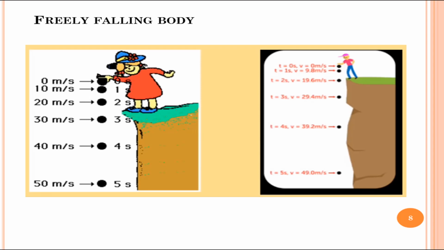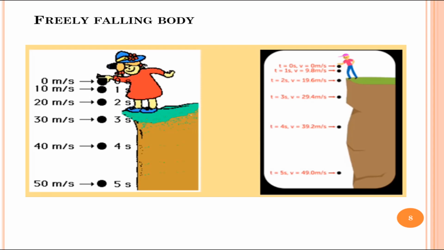When the paper is open, the area of the paper is more, therefore air resistance is more. If you crush the sheet, the air resistance will not contribute much, therefore it falls under the influence of gravity. When a body falls freely, as I told, its initial velocity u is equal to 0 and it moves only under the influence of gravity, that is a is equal to g. Now use our old sign convention, that is a is equal to plus g when the body moves under the influence of gravity, and a is equal to minus g if the body moves against the gravity.